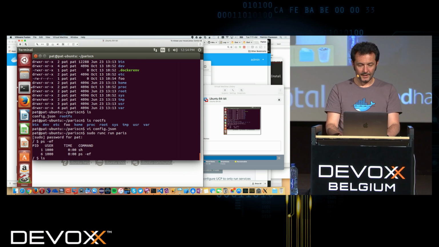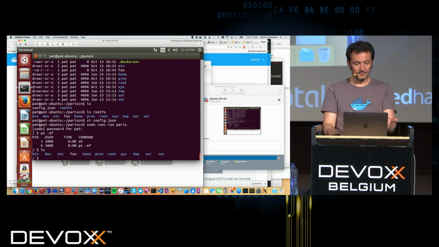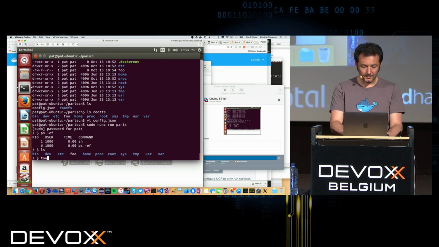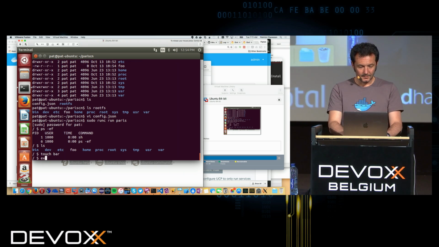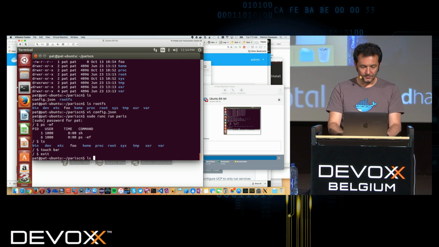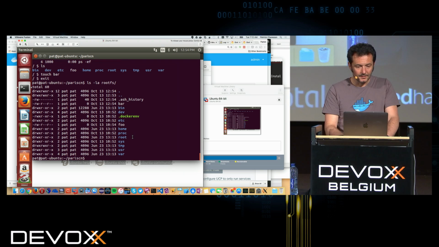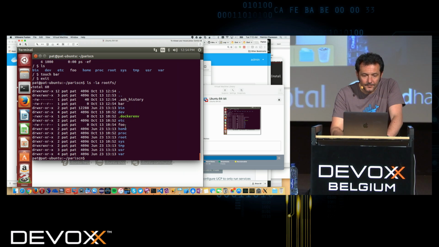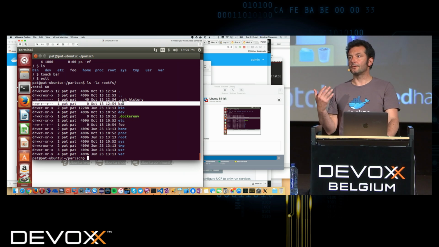And if I do ls, I can see my file system. And if I touch bar and I exit, if I do ls -la of rootfs, I can see the bar file that I have created before.